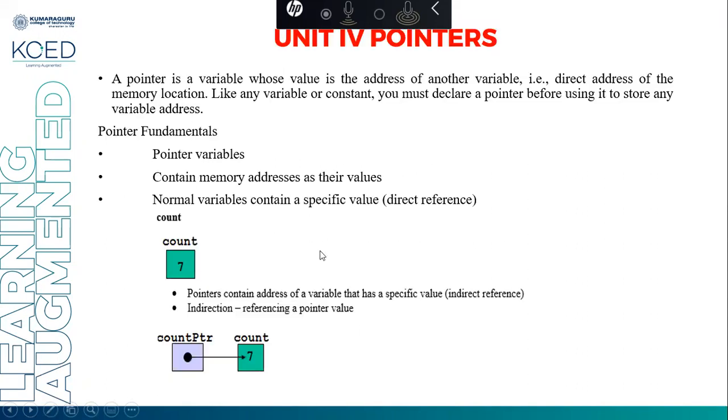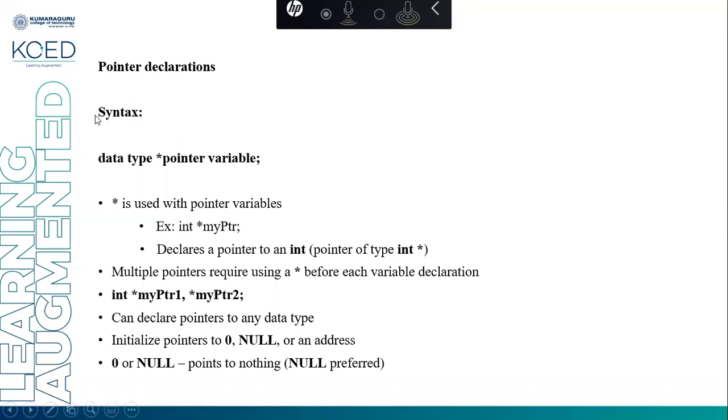Before going there, we have to discuss a few things. An integer pointer is used to store the address of an integer variable. A float pointer only stores the address of a float variable. A character pointer only stores the address of a character variable. If you take an integer pointer variable, it will store the address of another integer variable only. You cannot store the address of a character variable or a float variable in it. So the data type is very important. An integer pointer variable stores the address of another integer variable, a character pointer variable stores the address of a character, and a float pointer stores the address of a float.